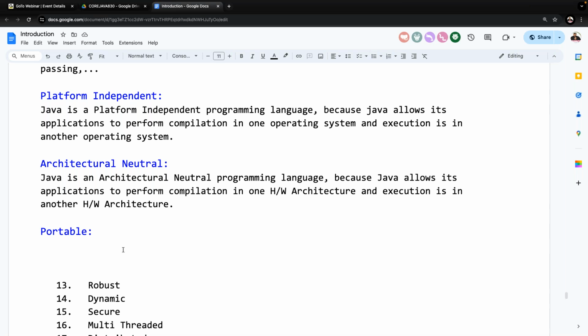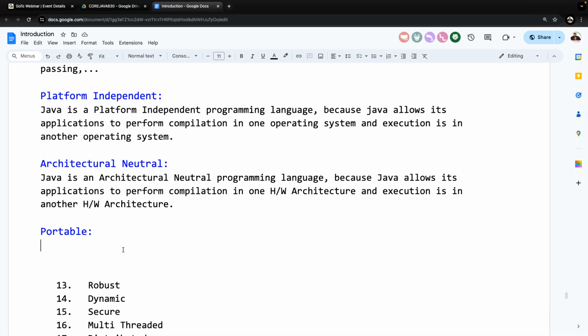Similarly, prepare a Java program. First you are on a Linux operating system with some X processor. The program is the same, no changes are made in our program, but we can change the operating system and we can change the hardware system.